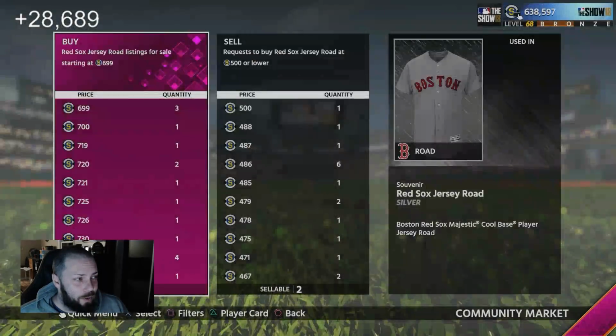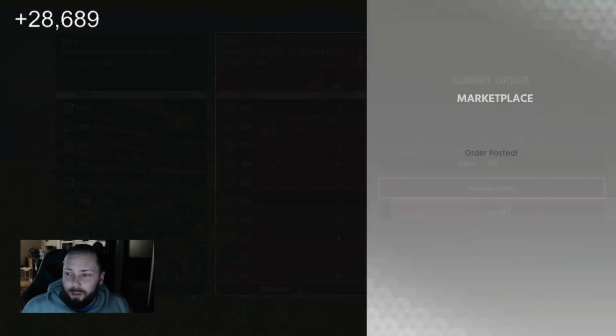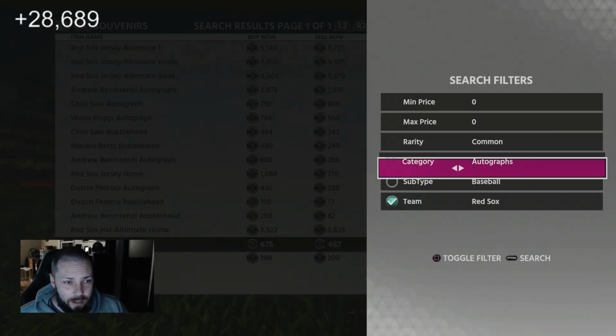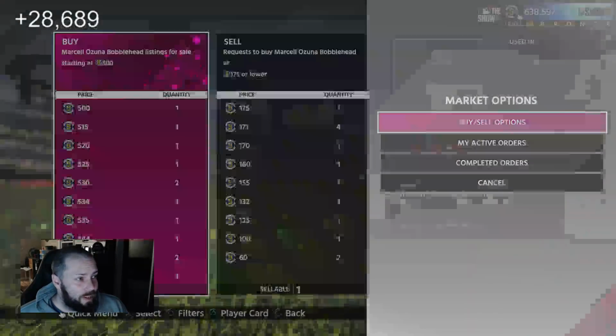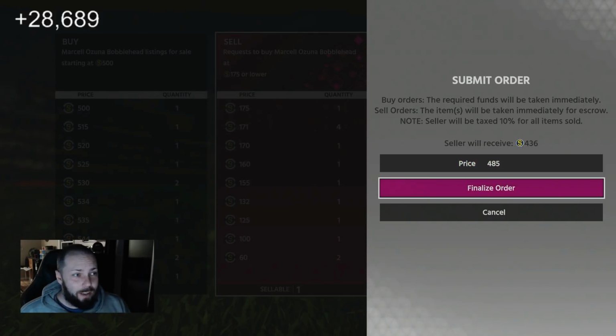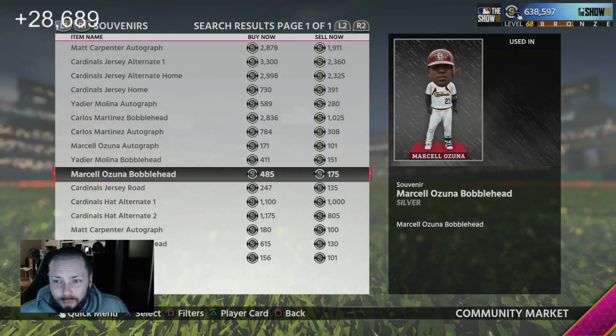A Red Sox uniform sells for we'll call it 675. Throw it in there, right? Which is good, which is going to help us tremendously. And then we had an Ozuna bobblehead, which is a nut. This is what I mean right here. Value. Those little things like that are what's really going to keep us